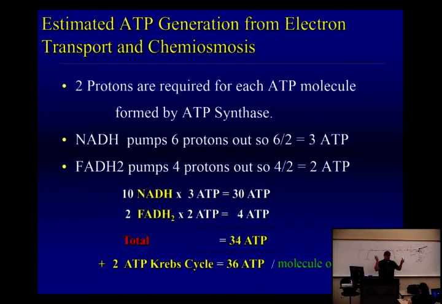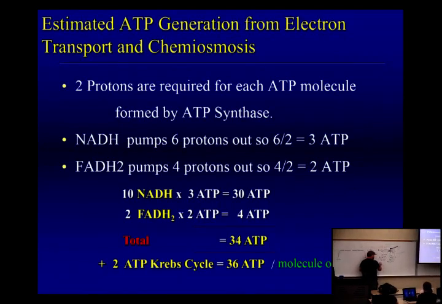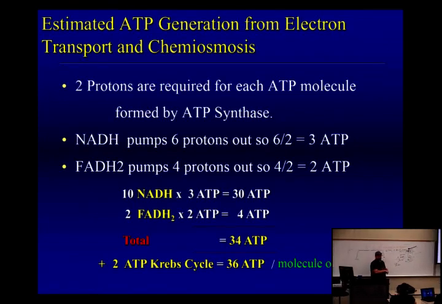But I told you guys we made 36, so did I lie to you? Where's the 2 that we were short? They are given back from the Krebs cycle. Yeah, we still have 2 that we got from the Krebs cycle, so we get 36 ATP. I told you bacteria make 38. And why is the difference? Yeah, because we have to pay 2. This is where we lost the 2. It cost us to put the pyruvate into the mitochondria. All right, do we follow that?